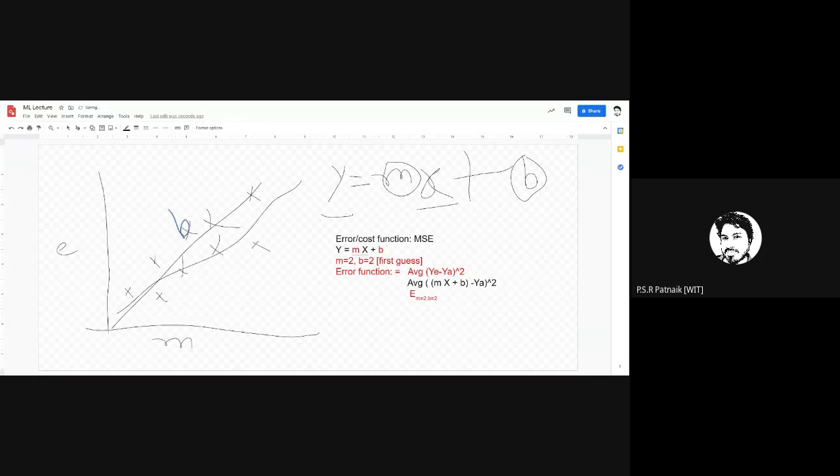So now, for example, m is equal to 2, b is equal to 2, means somewhere at this point, m is equal to 2, b is equal to 2, the error might be something, so this is the error value, right? So error could be somewhere here. Now, during the next iteration, you may say m is equal to 4, let's keep b is equal to 4. So b remains the same and something here. So you will get something like a 2D structure, right? You will get a 3-dimensional structure.